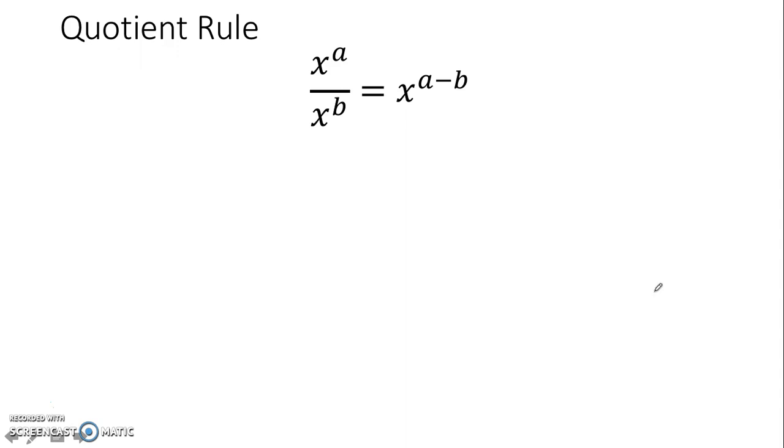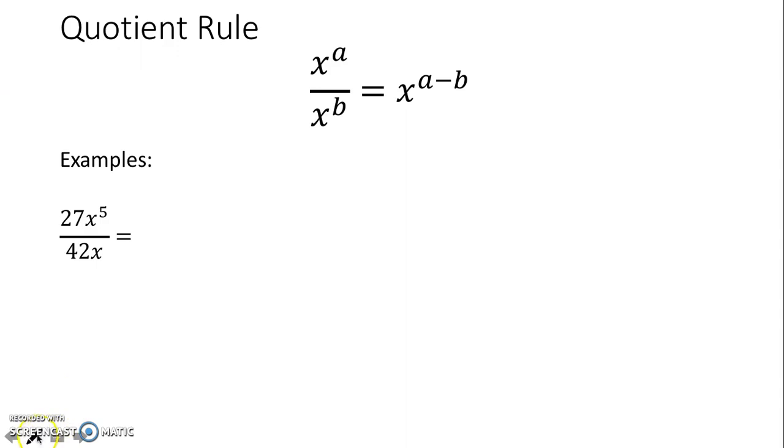Quotient means division, so when we're dividing with exponents, we have x to the a over x to the b. So that equals x to the a minus b. So with division, we use subtraction in our exponents. So here are our examples. We have 27x to the 5th power all over